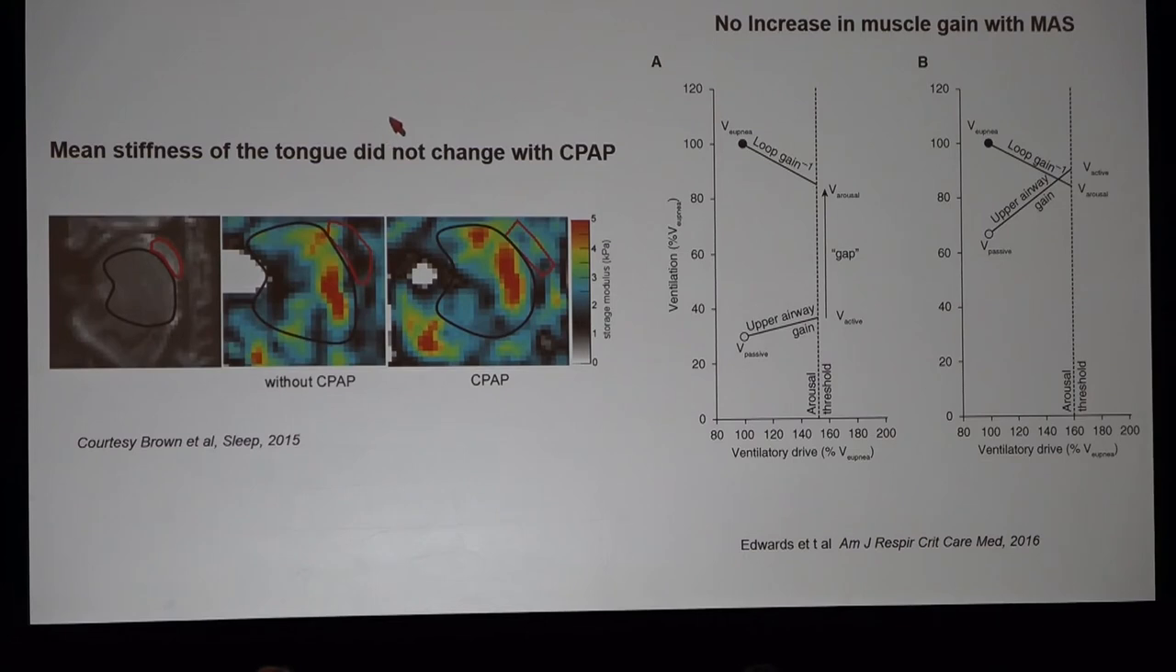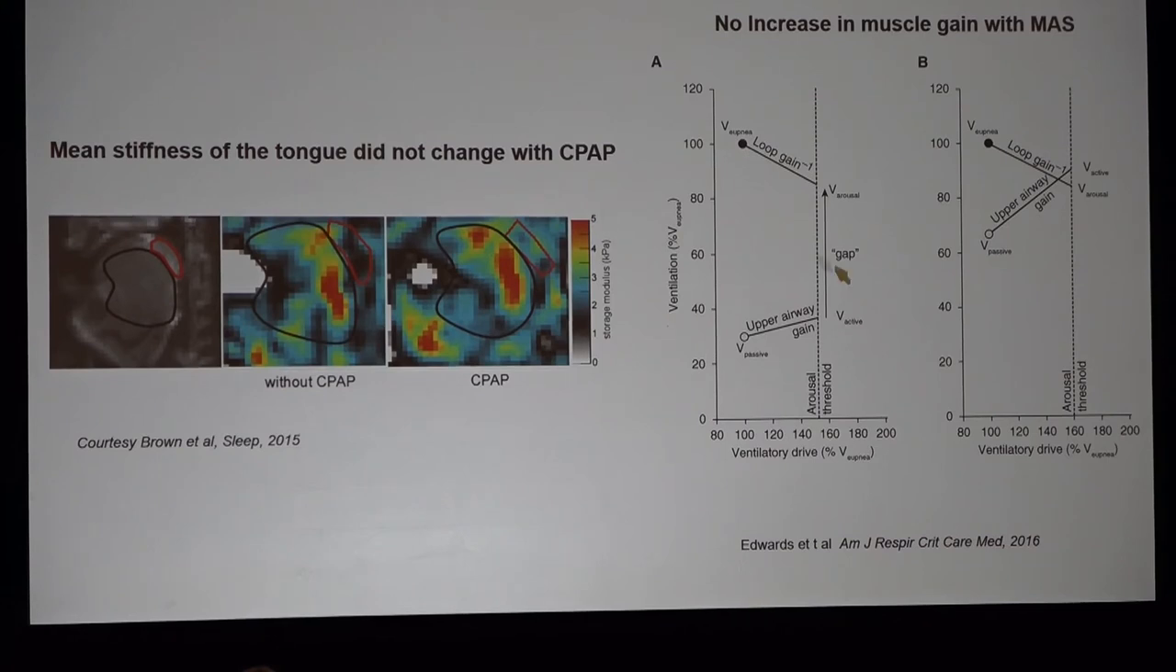Because once you put the patient on CPAP, you should know what the effect on the muscle is. You can measure it with ultrasound elastography. By these pixels, you can measure the stiffness. This is without CPAP, and after CPAP, there's no change in the stiffness. It's normal because CPAP diminishes the ventilatory drive during sleep. This is a very great study done by Edwards